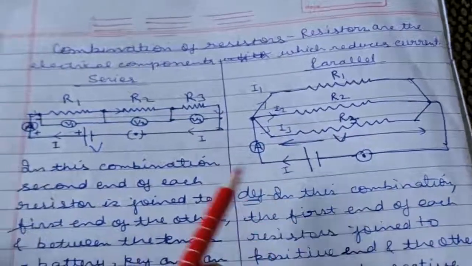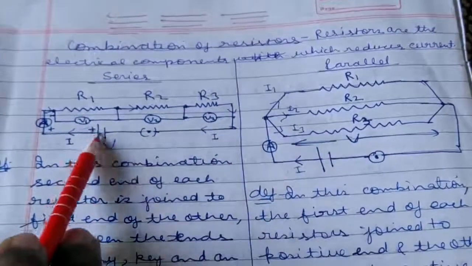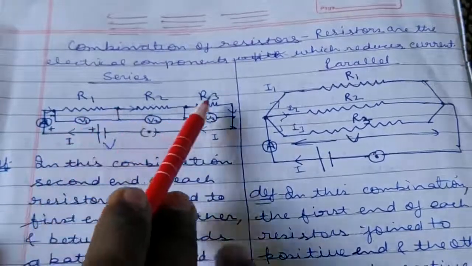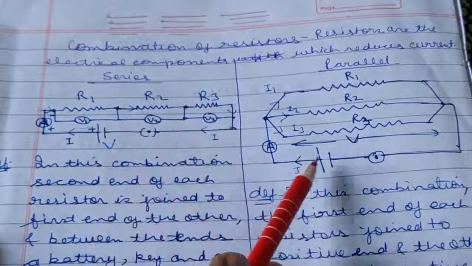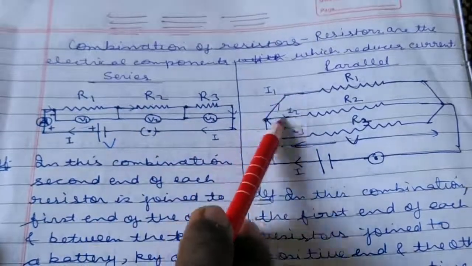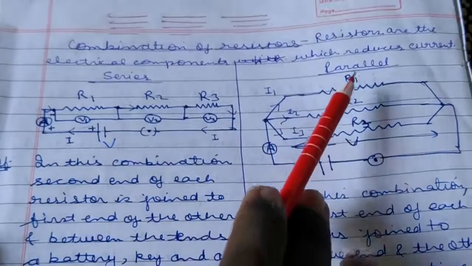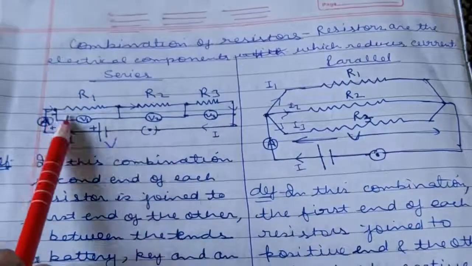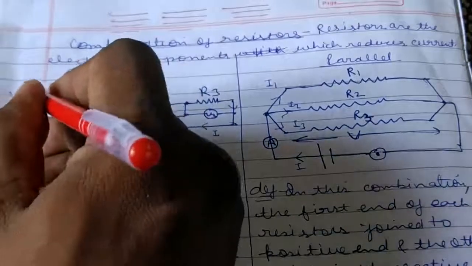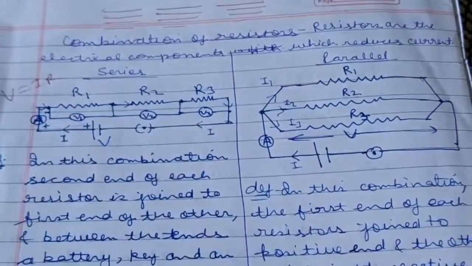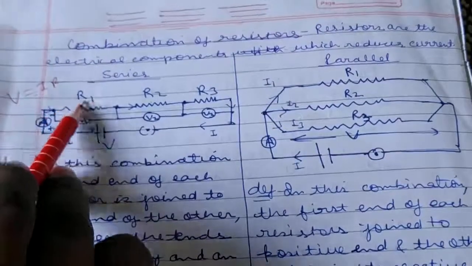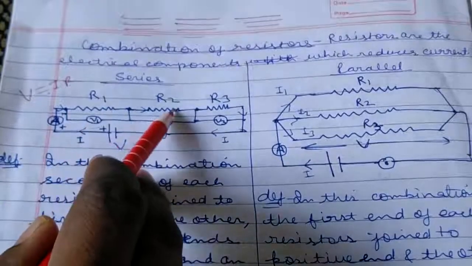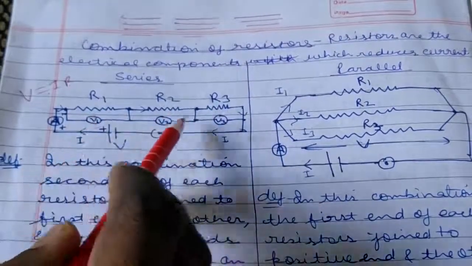Therefore, you can see the comparison between these two. Current across R1, R2, R3 is the same if these resistors are in series combination, while the current gets divided into individual resistances in parallel combination, meaning the currents will be different. According to Ohm's law, the formula of potential difference is known, V equals IR. Since current is the same and resistance varies, the product varies. It means the potential difference across R1, R2 and R3 will be different: V1, V2, V3.